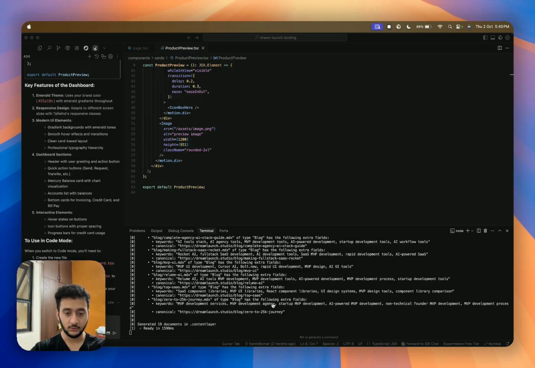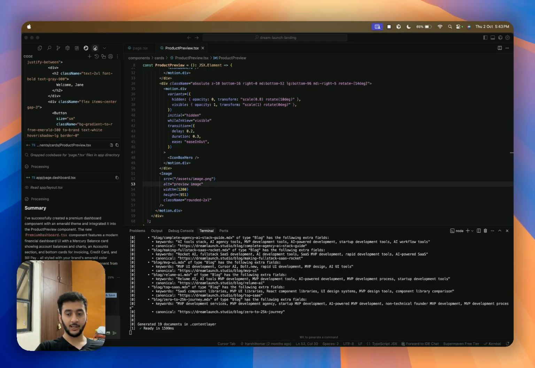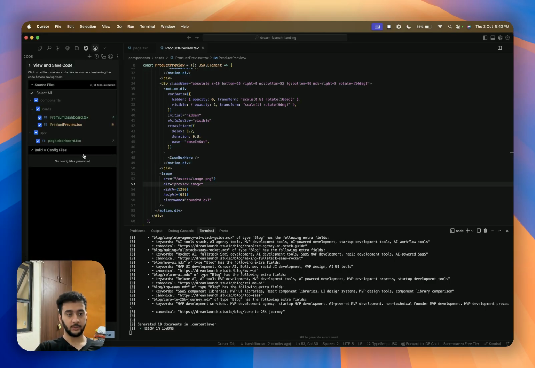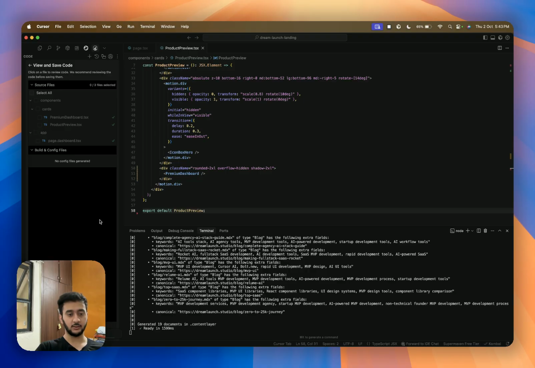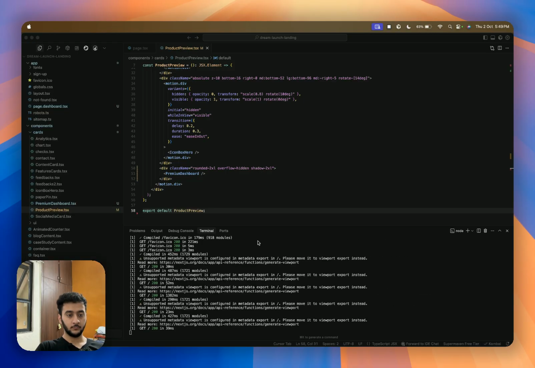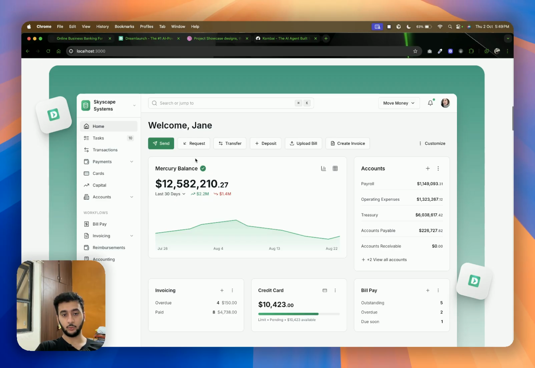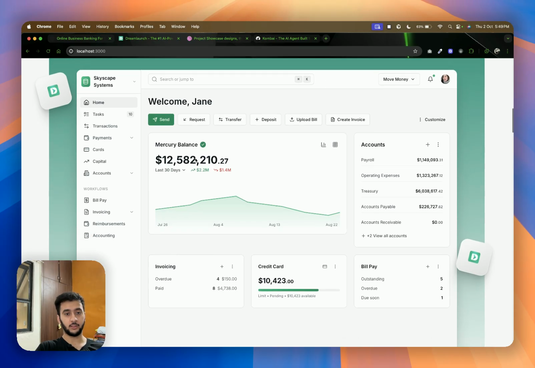So I'll add this in, and this gives me a neat preview. What I like in comparison to Cursor is that now I have a preview of everything. So boom, saving everything. That's how I like to use Kombai, and that's where it shines compared to normal Cursor. Once I save everything, boom, it's added into the page.